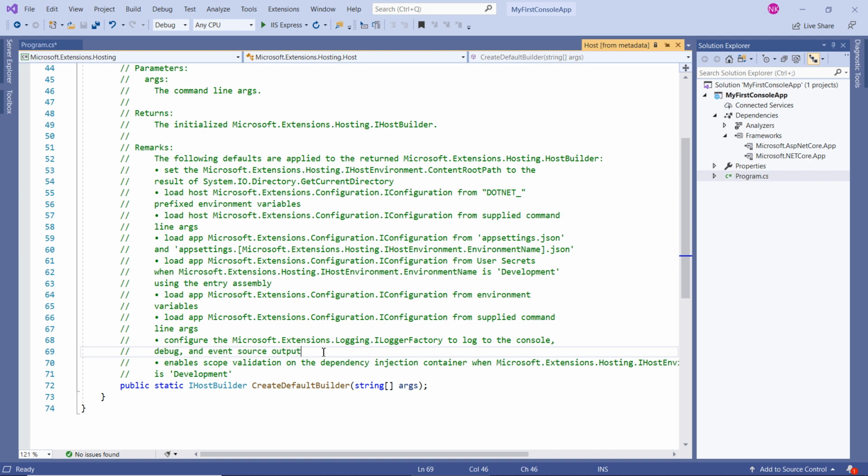We have the inbuilt dependency injection, we have IConfiguration to read the configuration settings, we have the logging, and at the last we have one more point: enable scope validation for the dependency injection container. So this method is also used to set up the scope for the dependency injection. What is the meaning of this scope, we will understand in some later video, but this is the most